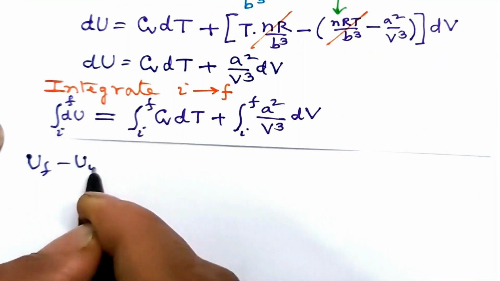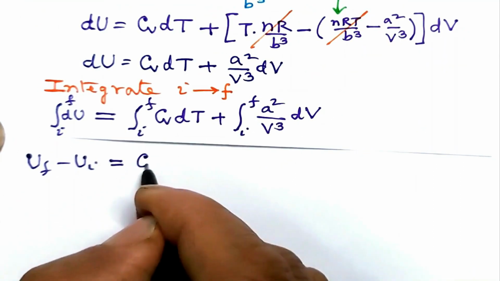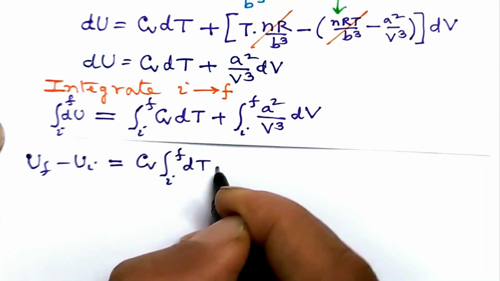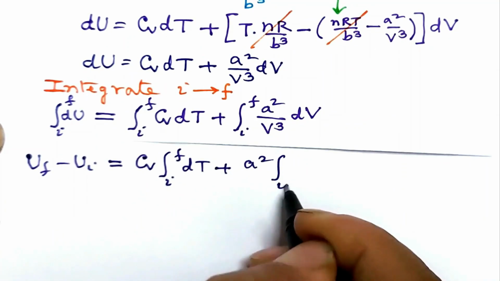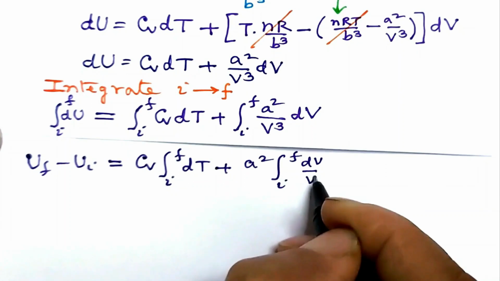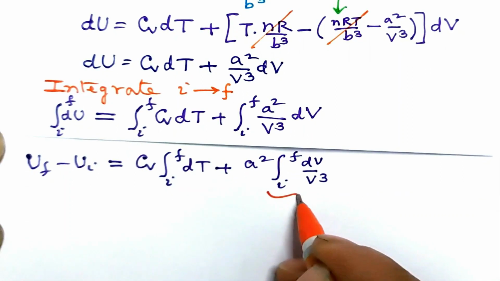UF minus UI gives Cv is constant, so it goes outside. A square is also constant, so it goes outside. This integration leads to,